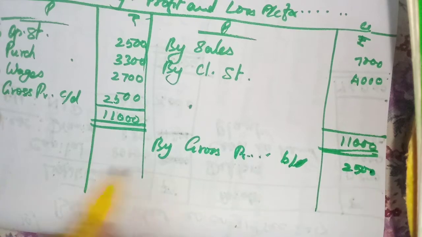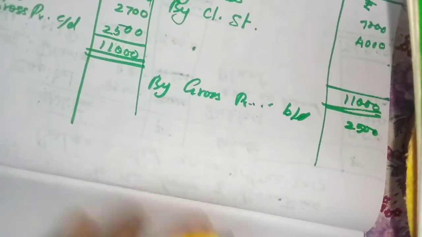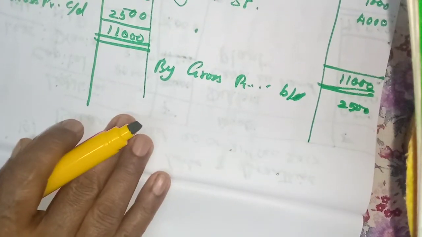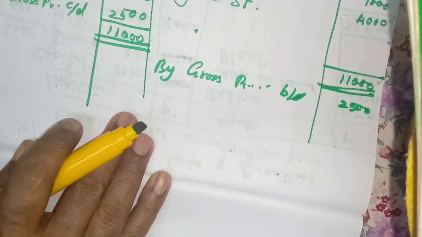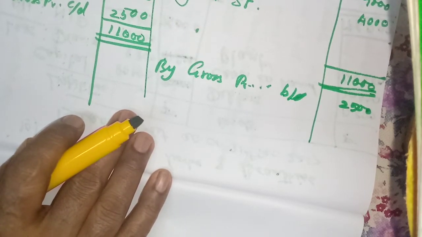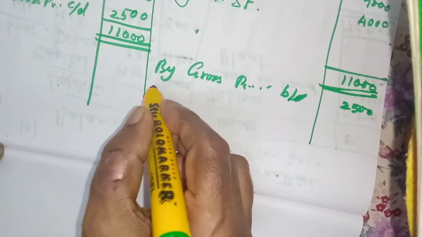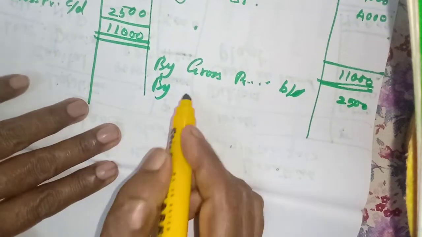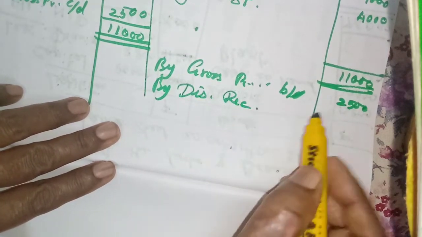Now you write the profit and loss items. Okay, profit and loss items. Now salaries only will be coming first, whether you check. Salary is not given, isn't it? So opening stock, wages, closing stock we have written. Now discount received. So right here by is an income, isn't it? So discount received 2,500.